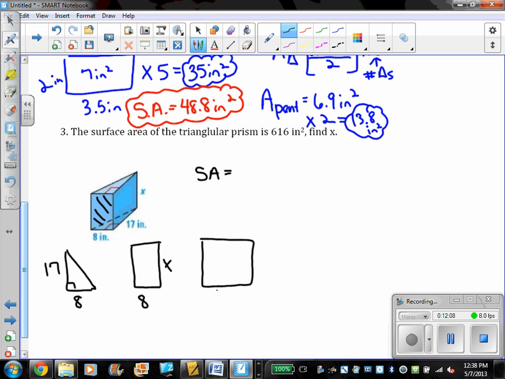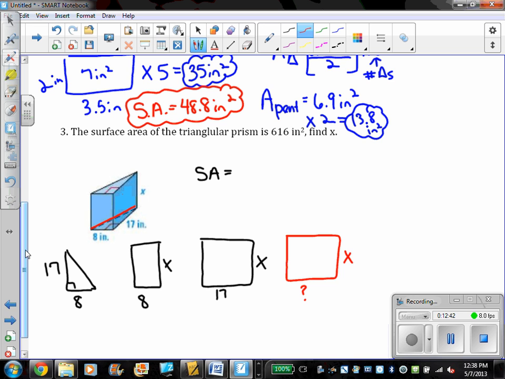We don't know x. And then we have another rectangle that's 17. So now I'm going to erase this right here. I'm focusing on this side right here. It's 17 by x. And then the back one, look at what we have back there. I'm going to do it in red. We have this hypotenuse right here, which we don't know the length of, and it's that back face that's associated with that hypotenuse. And so I'm going to draw that last one in red, where we don't know this yet, and the height